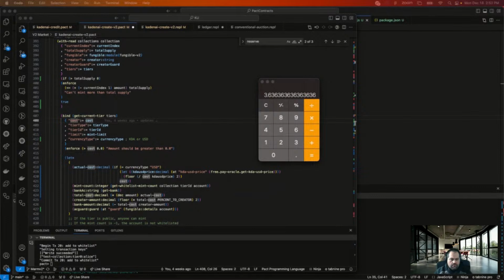Cost. Cost times mint quantity. Mint quantity. That's the contract account. I honestly don't see anything.